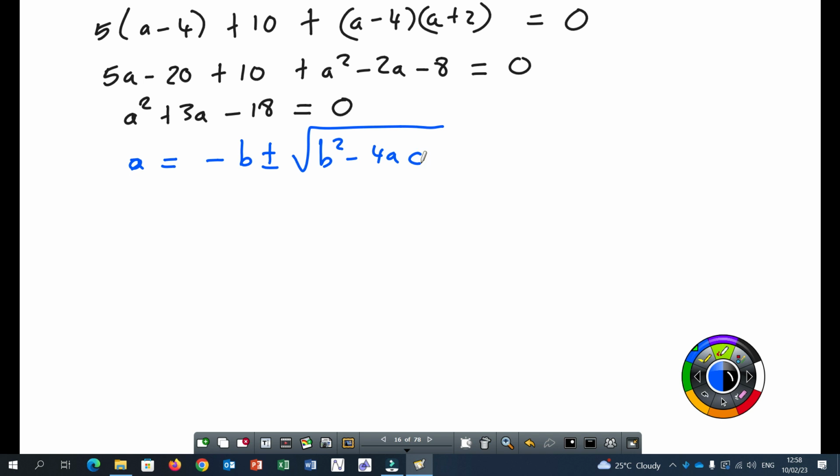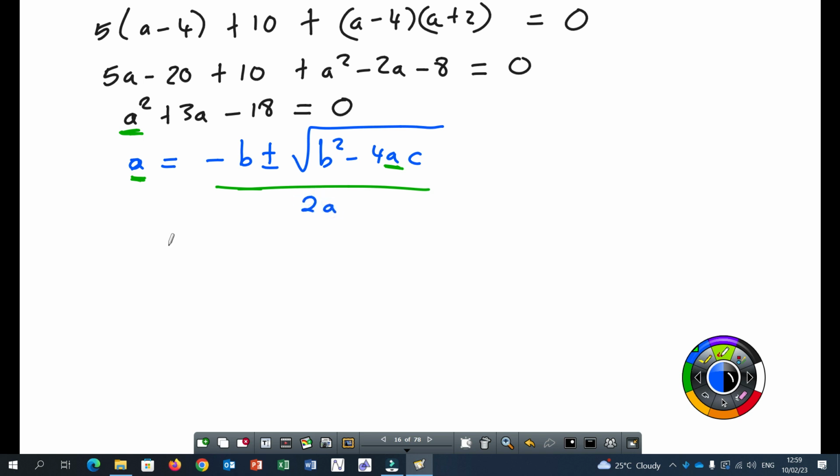Please be aware that the meaning of this a and the meaning of that a are different. Are you following what I'm saying? This a here is for the variable in our given equation. This a here is the coefficient of the first term. So this will be all over